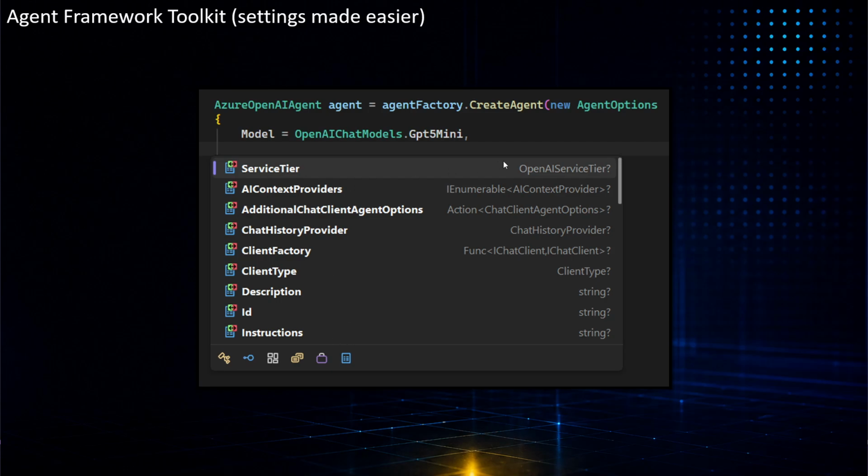So service tier is here directly for OpenAI because we are an Azure OpenAI agent. For Anthropic, it will require the max output tokens, which you otherwise need to go in and set within a setting, and so on. So it's just a different way of doing exactly the same behind the scenes of this create agent. It does exactly what we have just seen, but it's just in one single object because there are so many deep layers in the original settings.